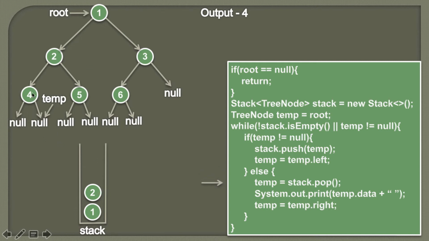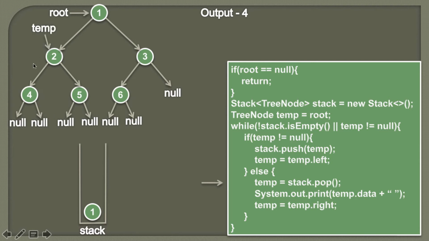So here you can see for the node 4, as its left is pointing to null and its right is pointing to null, it means there are no nodes on the left and the right side for the node 4 to be traversed. Therefore, for the node 2 we have completely visited its left subtree because we have printed the output 4, which means we have traversed this node. So here what we are doing is we are again popping the element from the stack and assigning it to temp. When we pop an element from the stack, we know that it's node 2. So it would look something like this. Node 2 is popped out and its value will be assigned to temp. So now temp will point to node 2.